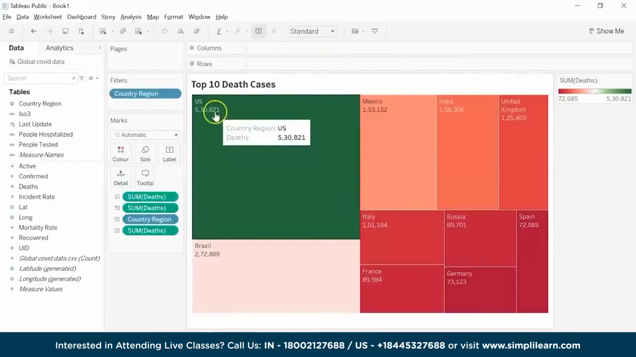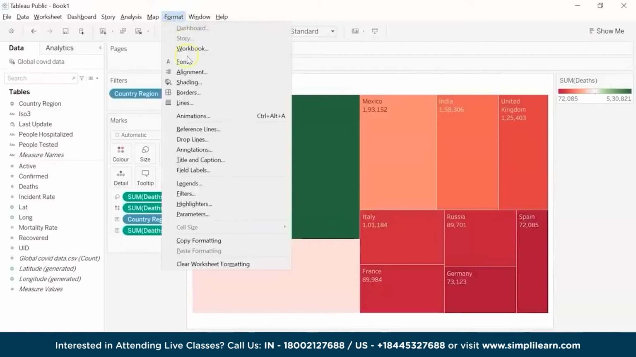feature in Tableau, that is to format the labels. So you can see here, instead of writing 5,30,821, we can change this in terms of millions or thousands and write it as, let's say, 530k. To do that, what I'll do is I'll go to format, and here we have the option to select